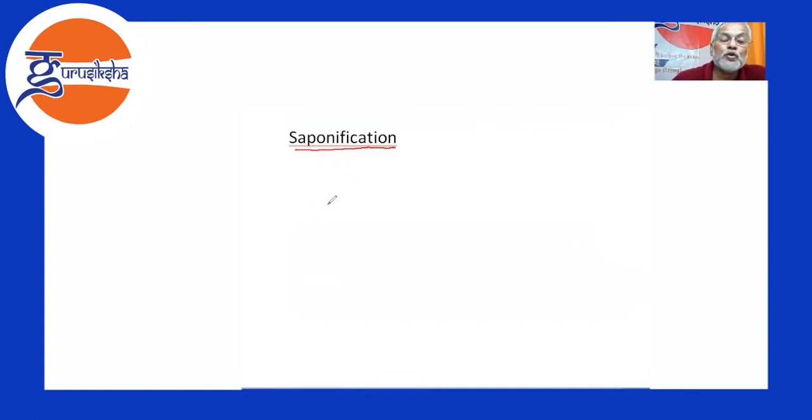As per the saponification reaction, the ester CH3COOC2H5 in presence of NaOH will split into CH3COOH plus